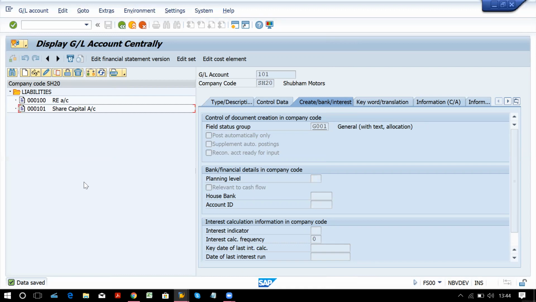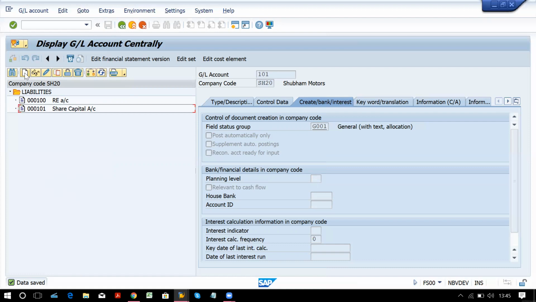Now for training purpose, we are going to create a few accounts in all the groups, and topic wise, we are going to create GL accounts. So you will understand which topic requires which GL account also, and your practice of GL account creation will be throughout your course till we complete it. As per requirement, we will create GL accounts in this particular T code. But in real time, you will not follow this. You have to create all the GL accounts in one go. That is the proper way of implementing.